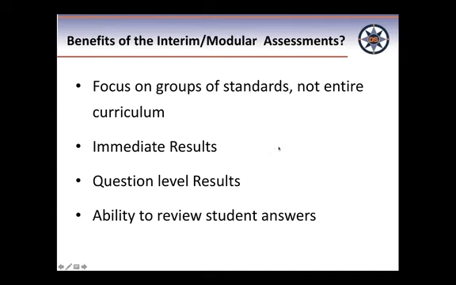Yeah. You have a question? Yep. The question is about whether the questions on the test are automatically answered by the computer, or whether the teacher has to answer. They're automatically answered. So the computer scores the test, which is different. When these were SBAC, there were some that had to be answered by the teacher, and those are not. We don't have those anymore. So they're automatically answered by the software.